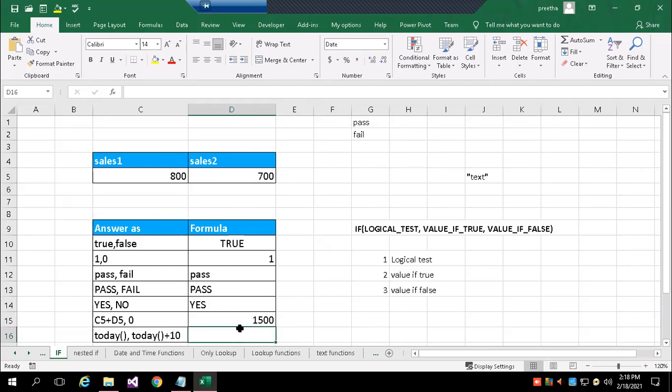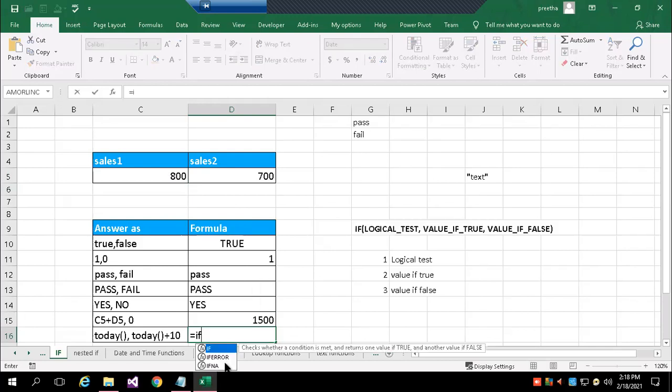Plus, I have another thing. Instead of uppercase, I wanted to use another formula. If C5 is greater than D5, the condition is true, then return today's date. TODAY is a built-in function in Microsoft Excel for getting the system date, the current date.